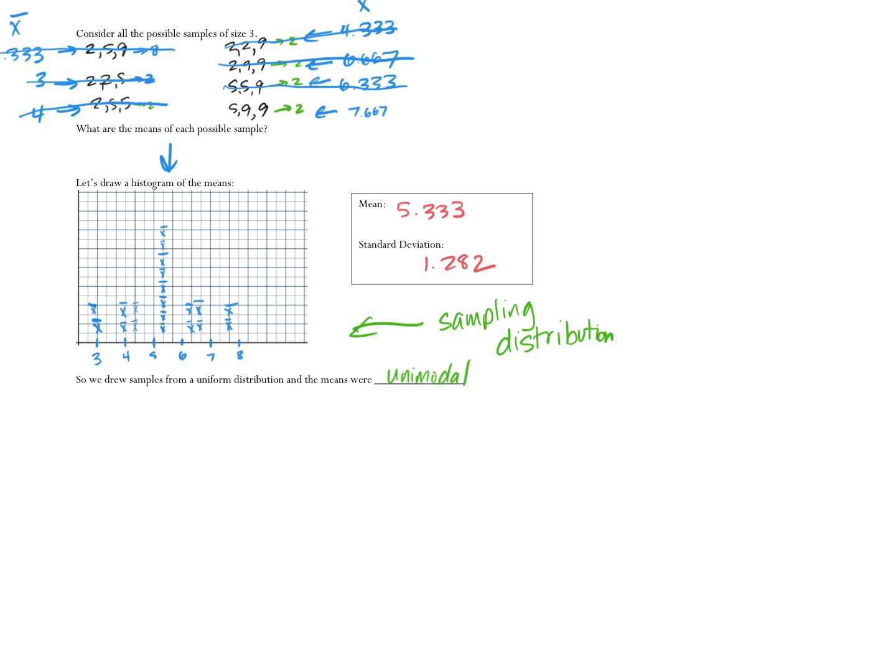Wait, could you explain again why we use the, what is the sign called? Why are we not using the S? Okay, so S is when I'm taking the standard deviation of a sample. Sigma is when I take the standard deviation of a population. While each of these is the mean of a sample, it is every single possible sample. So this is all the possible sample means that there are. So even though each is an individual value from a sample, the distribution itself is describing every single possible sample mean.